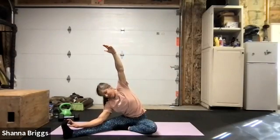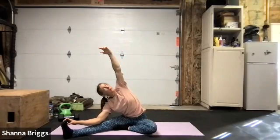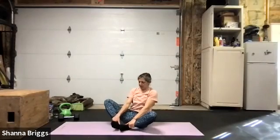Gentle stretching here, shouldn't be intense. Peer up at that hand. Let's go 2 more breaths here. And unwind. In between sides, let's go ahead and bring your feet into a little butterfly position, bottoms of the